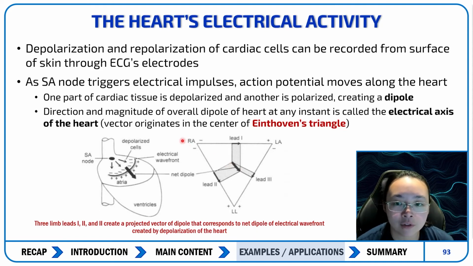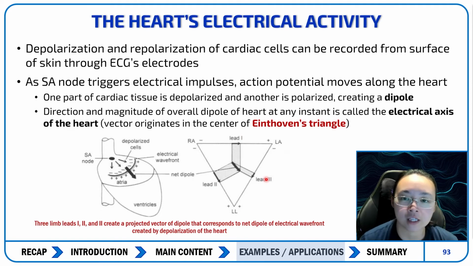So if you have 3 different electrodes over here that are taking measurements, you have negative to positive, and another negative to positive over here. These are the leads where you can represent the potential from one location to another. You combine these 3 vectors together and you get a net dipole that's called the electrical axis of the heart,